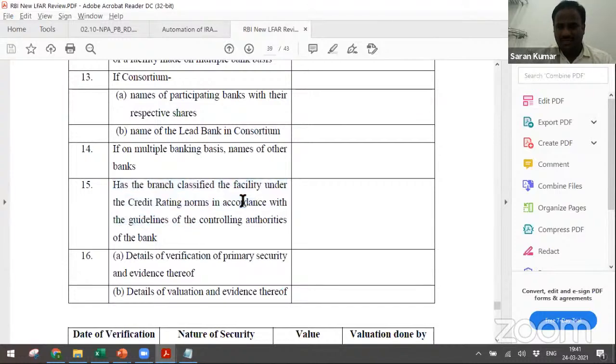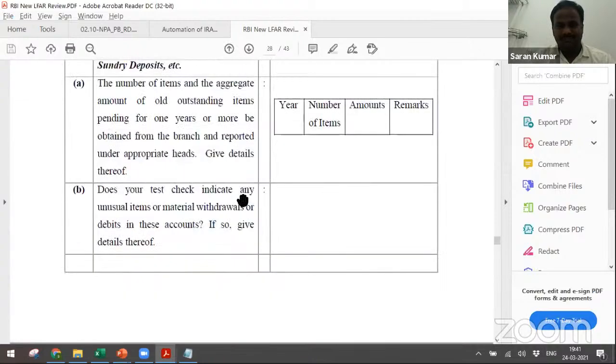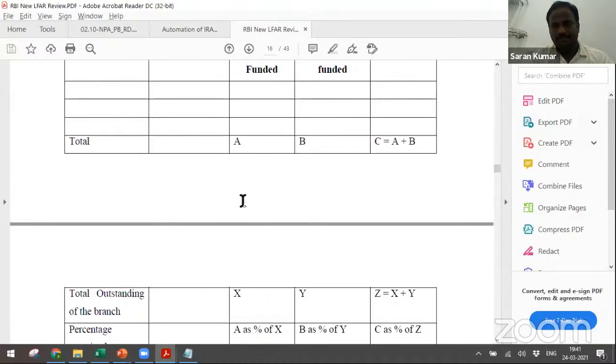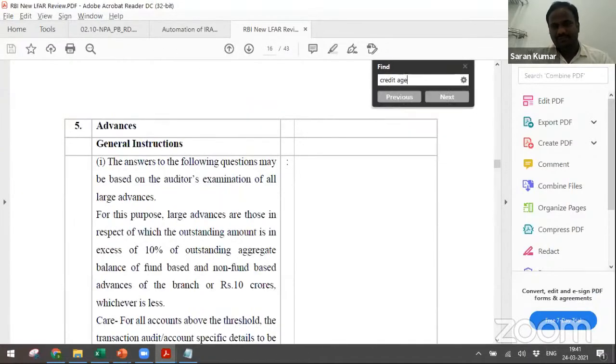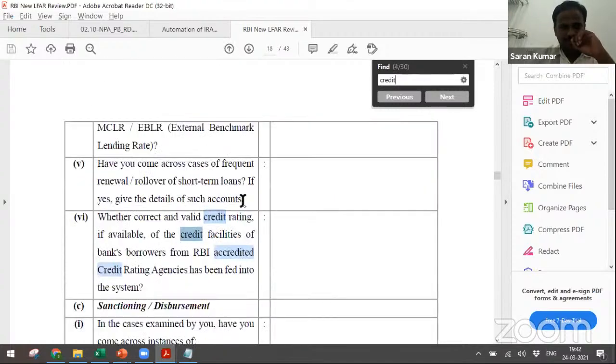Not this one. I think there's a question with respect to the credit rating. Credit agency, something like that. Just give me 1 second. Yeah. Whether correct and valid credit rating if available.